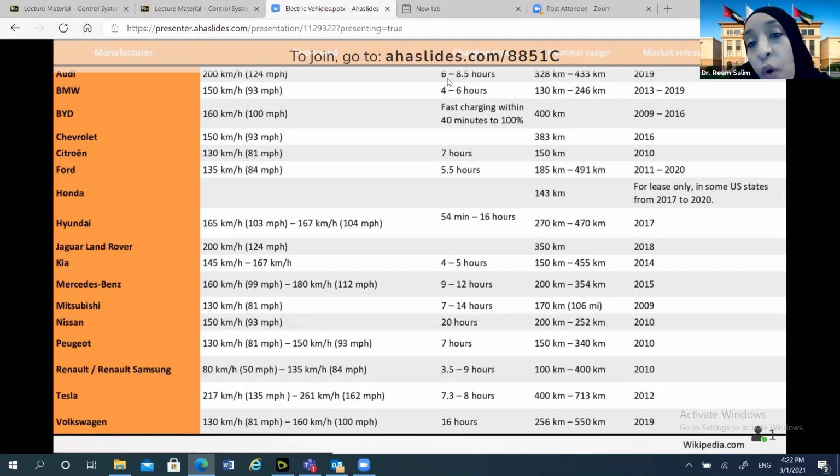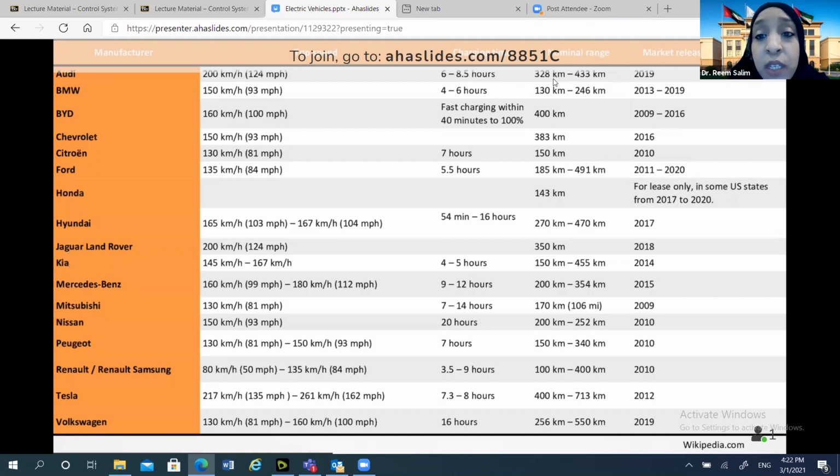So you can plug it in and charge it overnight, but you cannot waste 6 to 8 hours during the day just sitting around in your car to charge it. So typically, most of those electric cars are charged overnight. The nominal range,